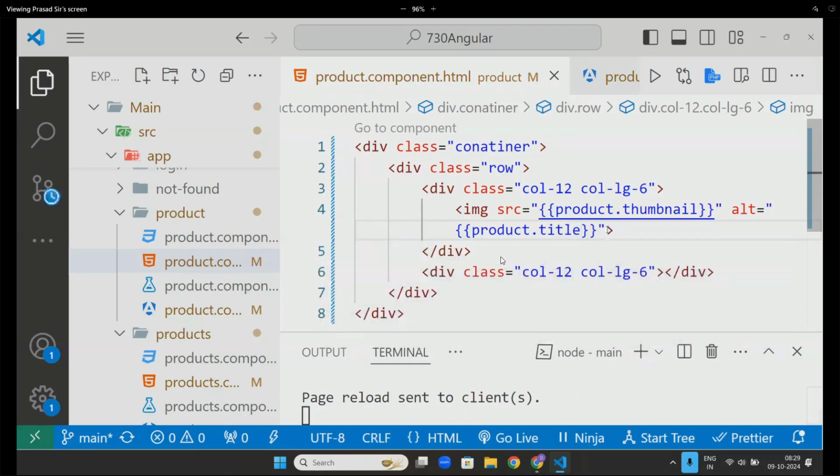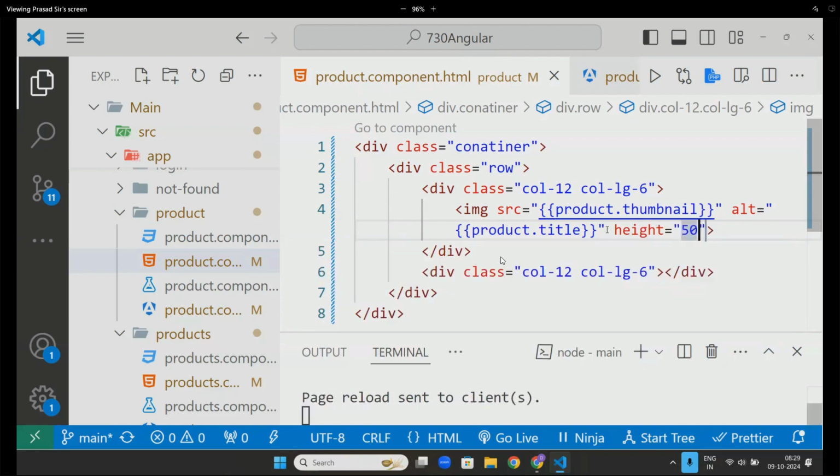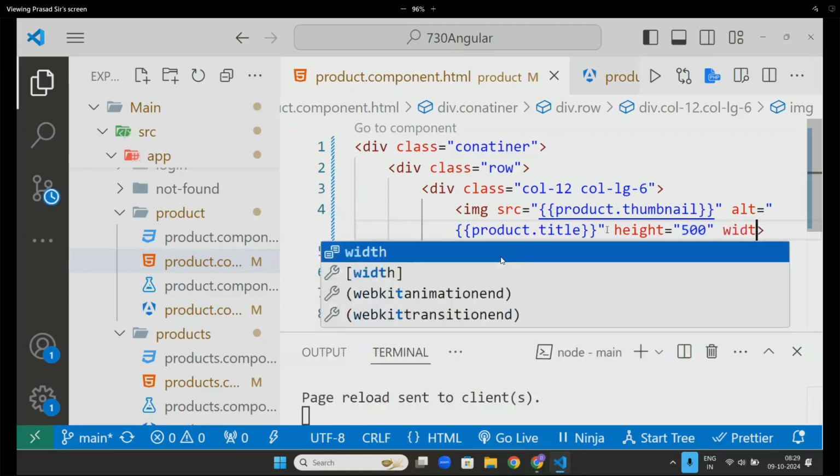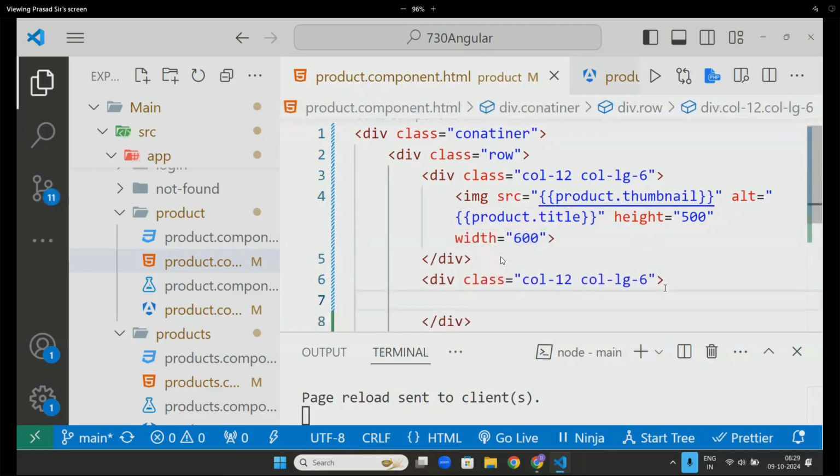Okay, height 500 pixel. Now width 600. Now go here. I don't think I can mention it also. It will automatically adjust, I think.